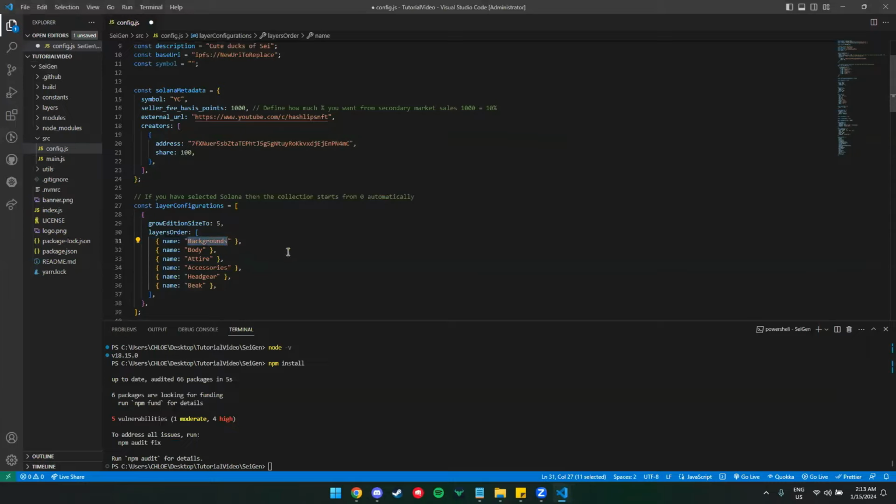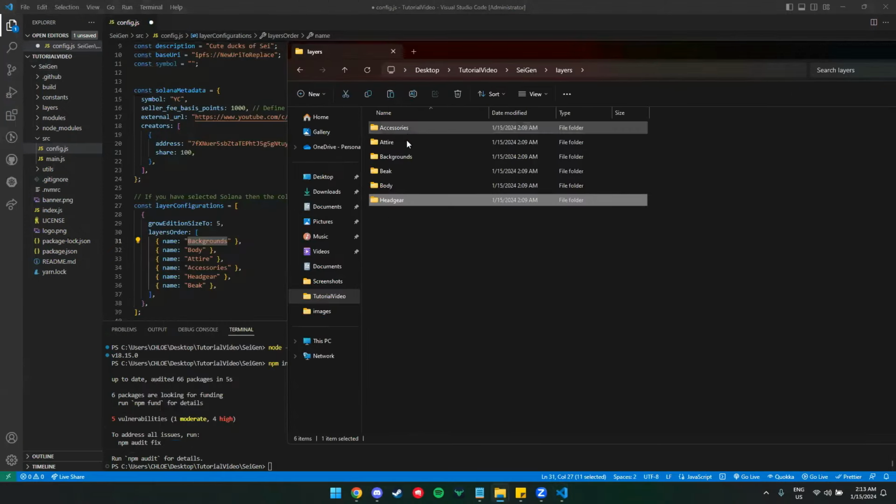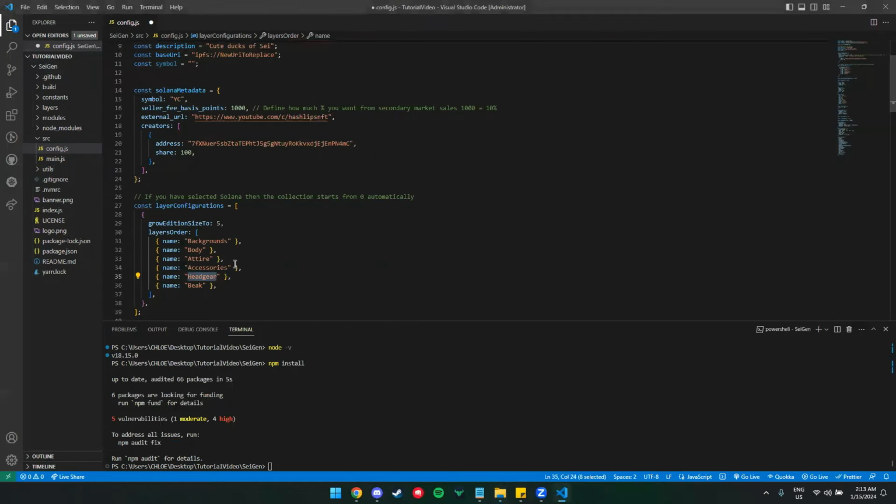So with this, actually you need to change this based on the folder name of each layer that you have. So for example, you have hats as the folder name for your headgear. Change this headgear to hats as well.